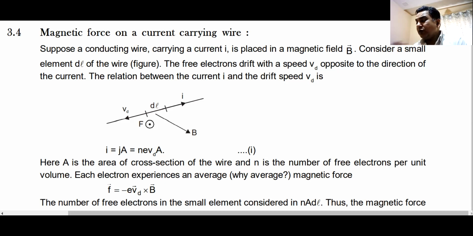Okay. So what are we going to do in the next class? We'll do magnetic force on a current carrying wire. We'll concentrate on the force on a current carrying wire, and we'll try to wind up this part of magnetic force so that from the next class onwards, we can start with EMI, and then we can wrap up EMI and AC in the coming classes.